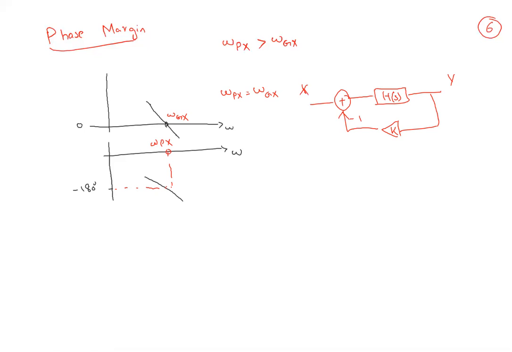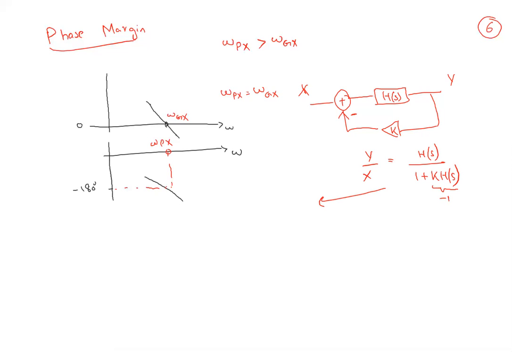If I have this sort of system, then y over x is equal to h of s divided by 1 plus k h of s. If this condition happens, gain crossover frequency is equal to phase crossover frequency, meaning this is equal to -1, then my